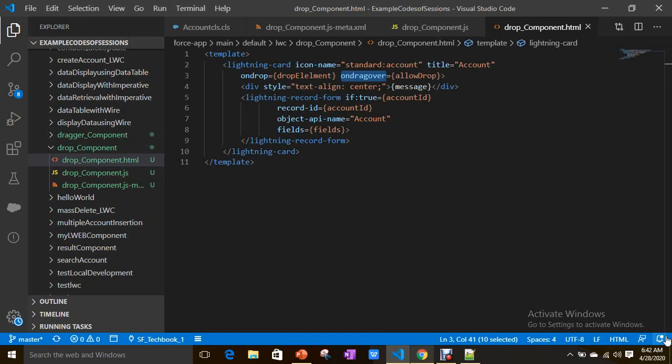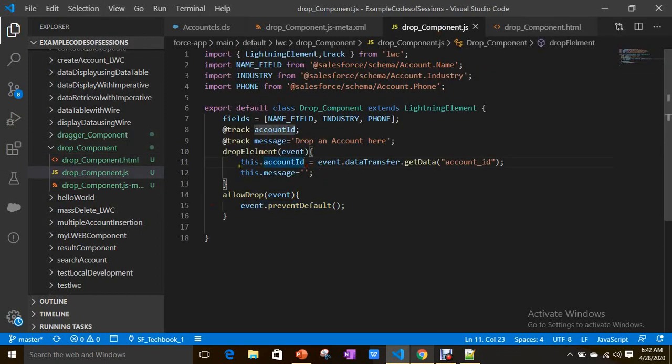This is how you can work with drag and drop functionality in Lightning Web Components. As you observe here, I'm adding into account ID here. Once you are able to get the data which is transferred, and once you are able to handle the actions based on the events firing on your components, you can do anything. Okay, cool.